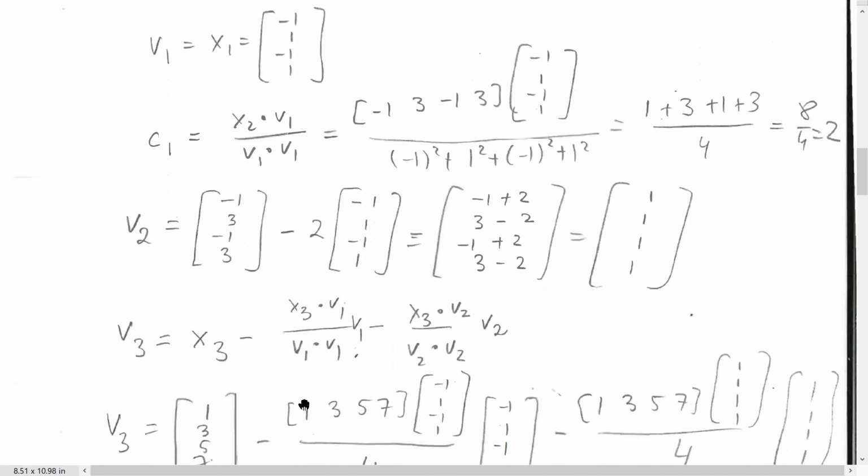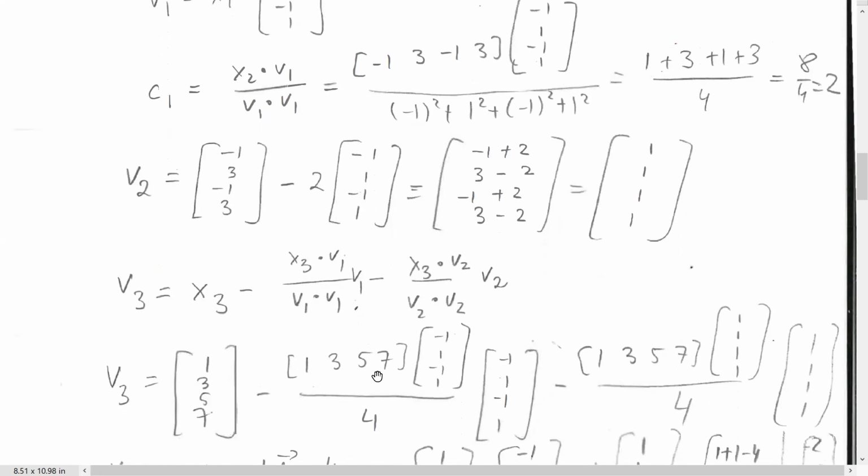Then x3, we plug it into the formula, or in other words, it is vector x3 minus x3 projected on x1, minus x3 projected on x2, or rather the orthogonal basis v1 and v2. So if we substitute all of them, this is my x3 vector, and then we have x3 dot v1 over v1 dot v1. If I square all coordinates, I'm getting 1 plus 1 plus 1 plus 1, which is 4, times the vector, minus,